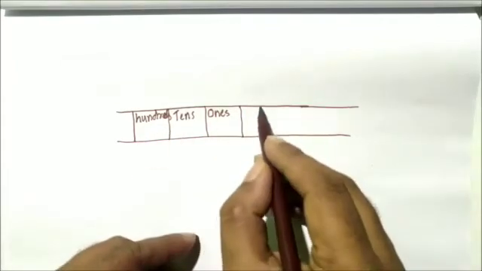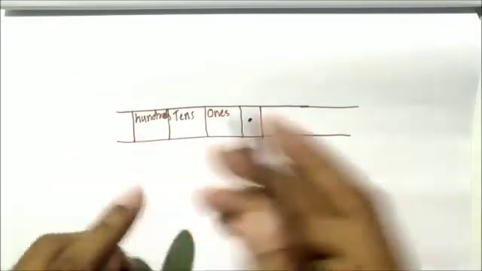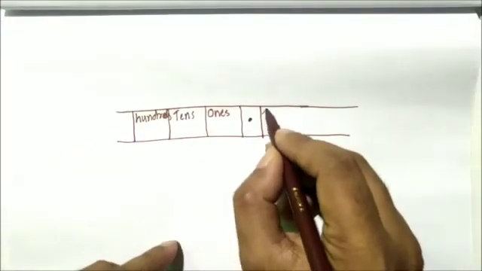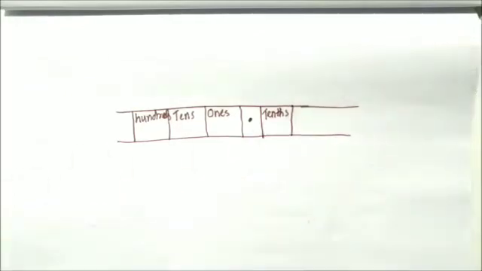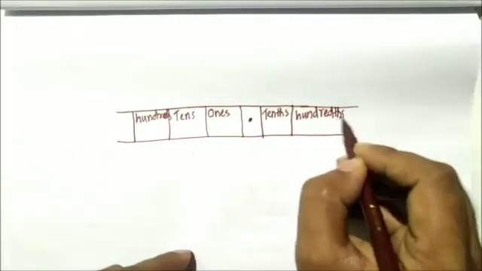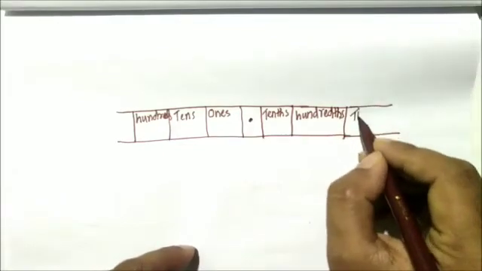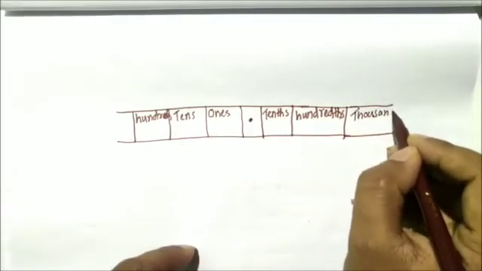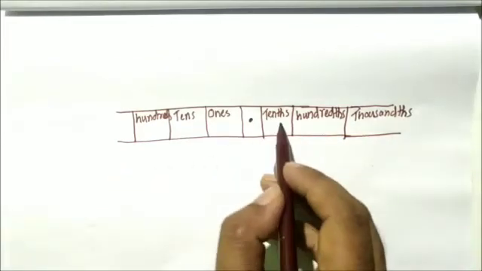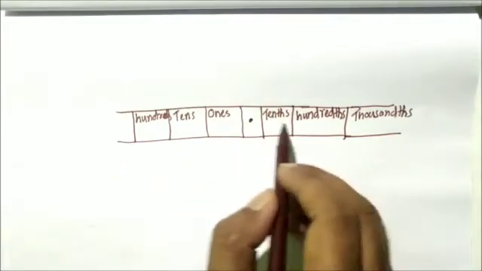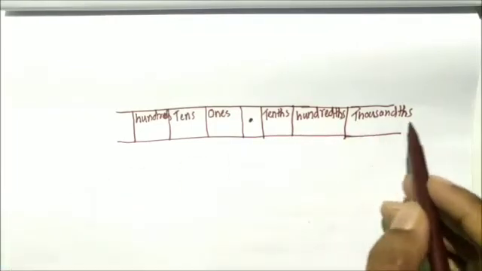First, this is the place for point, decimal point. After the point, the tenth, what is the position or what is the place name? Tenths. After that, hundredths, and after that, thousandths. Okay, the pronunciation is tenths, but it is tens. These are the different, so tens, tenths, hundredths, thousandths, and so on.